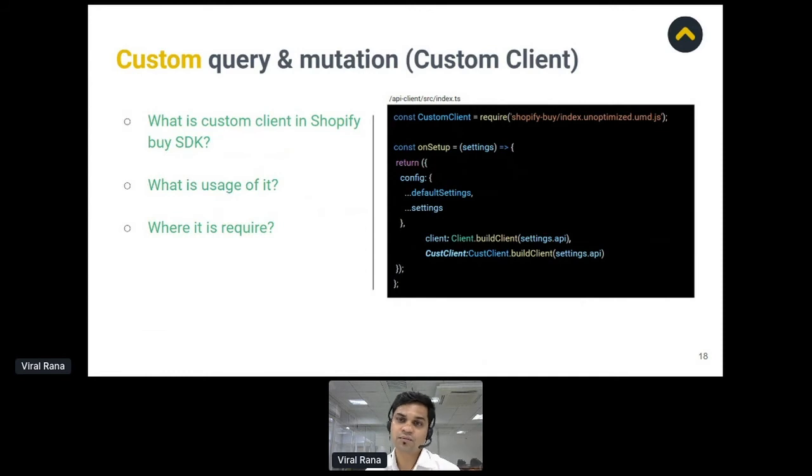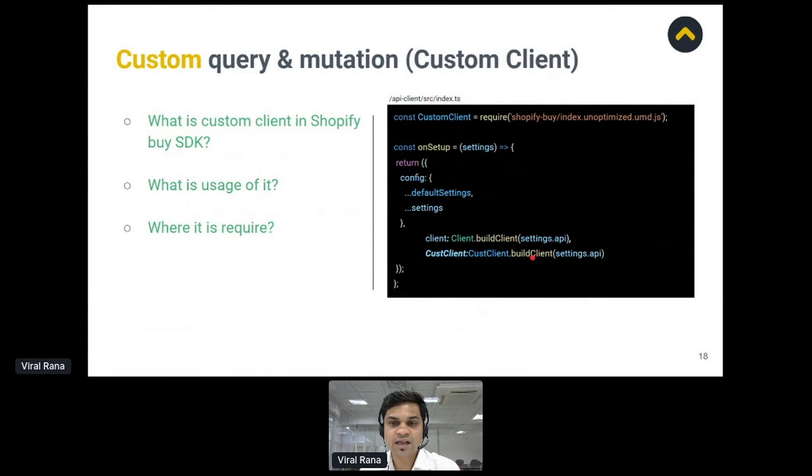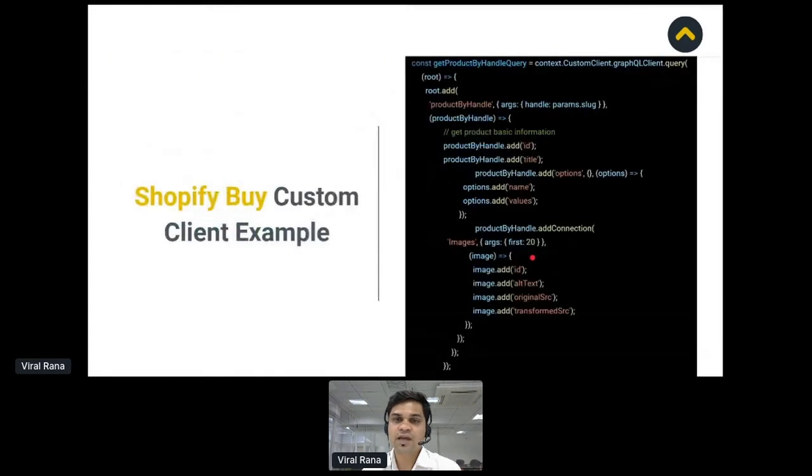If you have a basic web app, then you can go with the default client, and if you have any special requirement and advanced fields to be retrieved, then you can use the custom client. Similar to the default client, we can build the custom client using the build client method of the Shopify Buy SDK and make it usable. So let's see an example of the custom client.